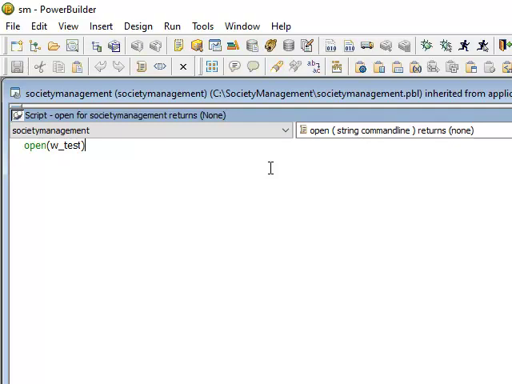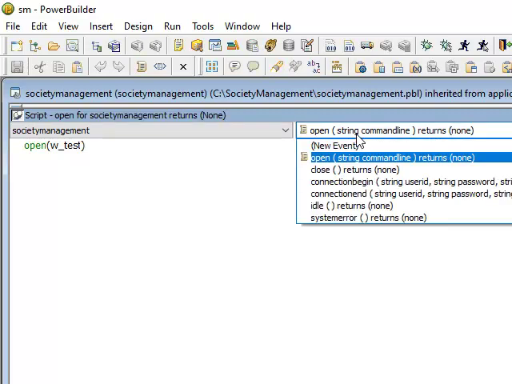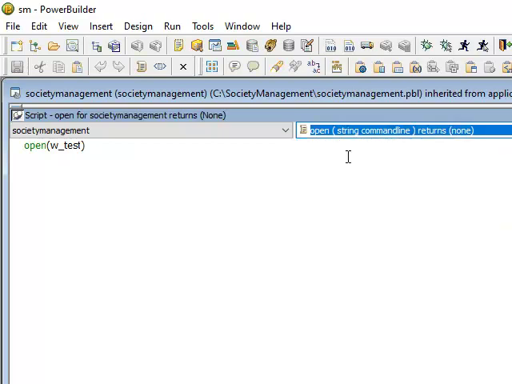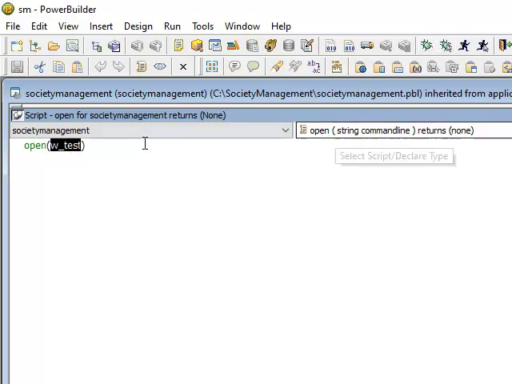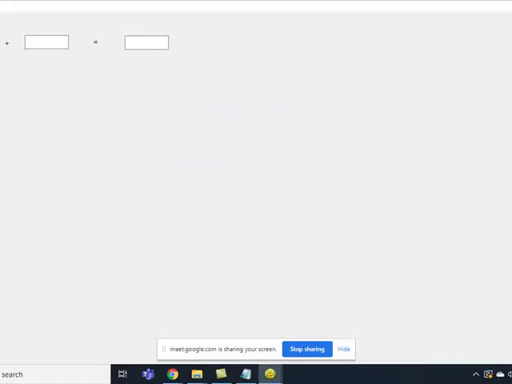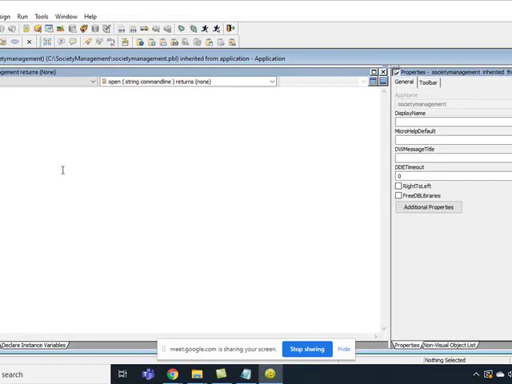A PowerBuilder program starts executing from the application object, and open is the event of this application object, and this open is a function which is used to open a window. And what is the window's name? W underscore test. When I run it, it came to this point and opened this window. So whatever we designed, it opened it. Very good.